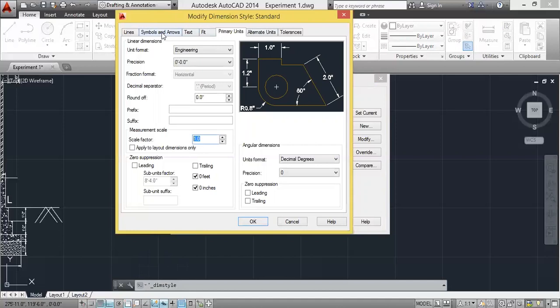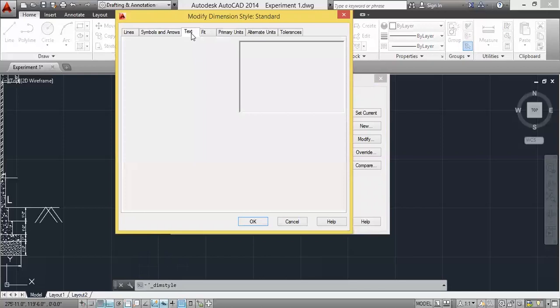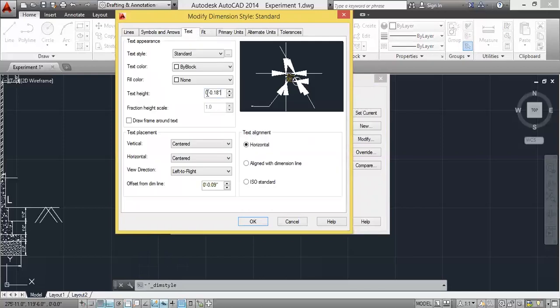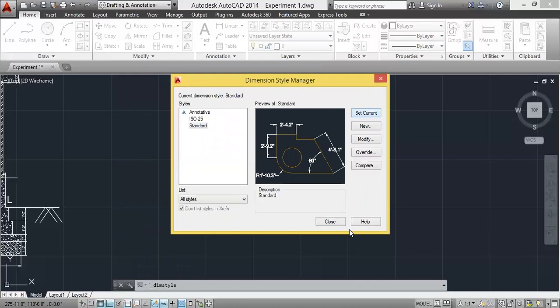Then click on the symbols and arrows tab. Here the arrow size should be 5 inch, right? Then text height should be 5 inch. Okay, then click on OK, set current, close it.